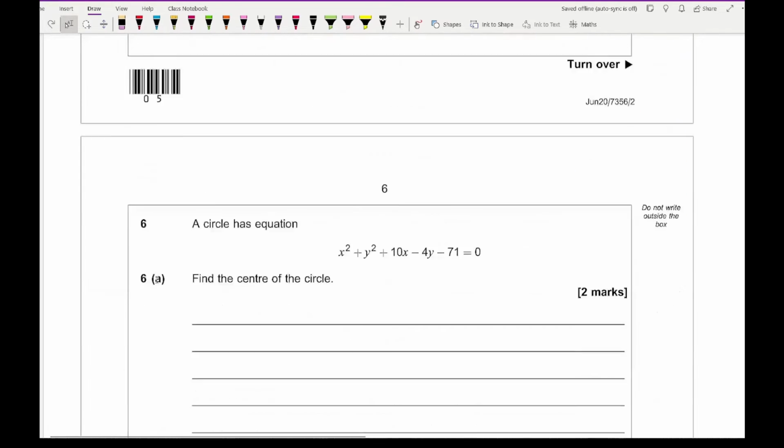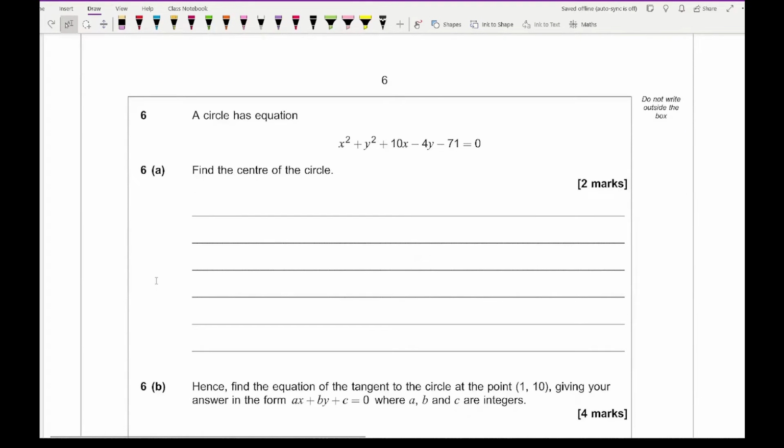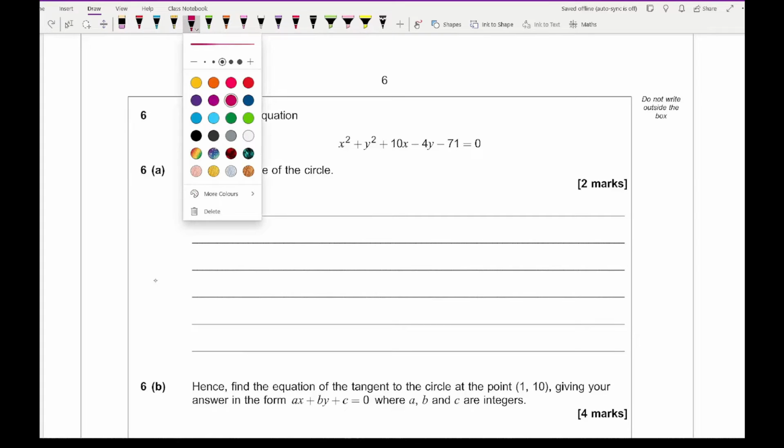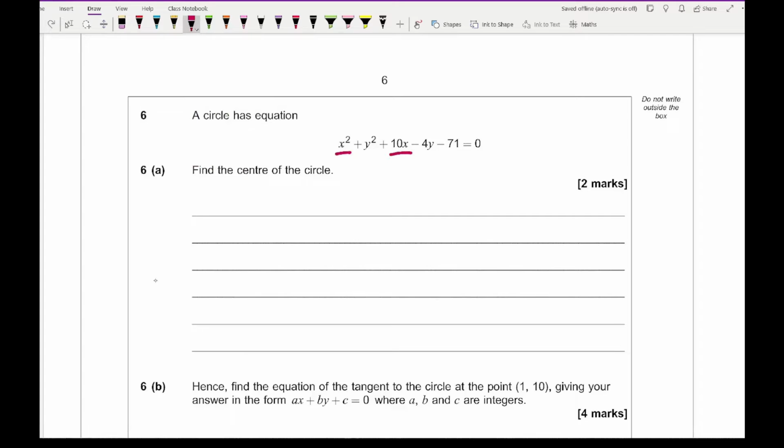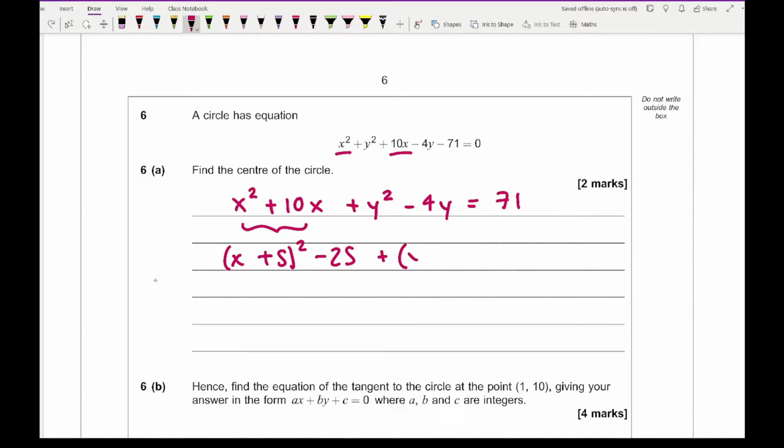Then moving on to question 6, it says that a circle has the equation of x squared plus y squared plus 10x minus 4y minus 71 equals 0. And the question is asking us to find the centre of the circle. So for this, if we look at the pairs, if I just write this out, x squared plus 10x plus y squared minus 4y equals 71. Then factorising the pairs here, we get x plus 5 squared minus 25 plus y minus 2 squared minus 4